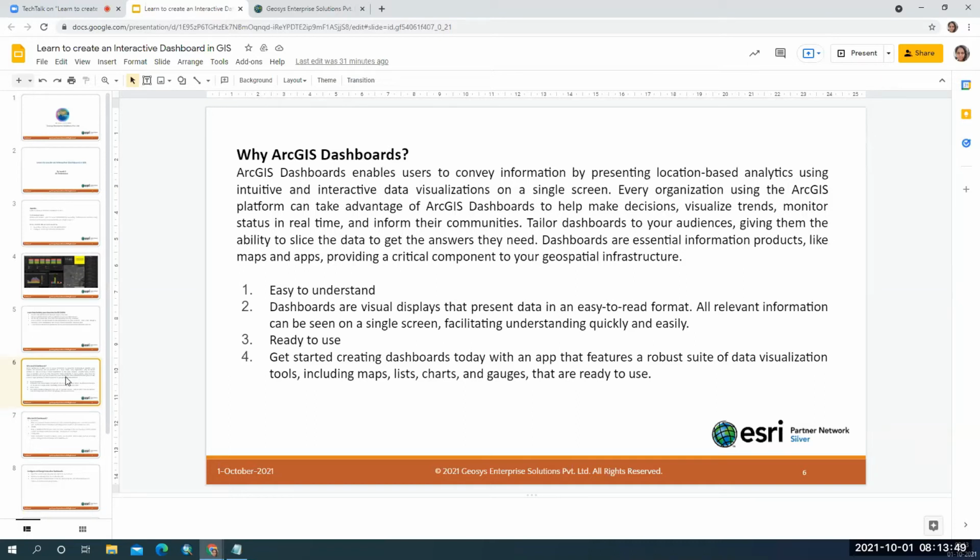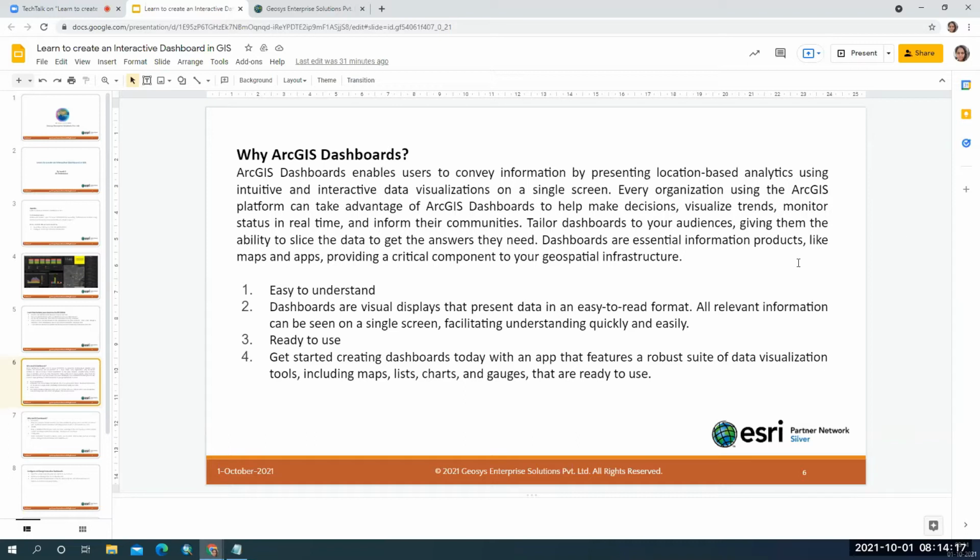And here we are making the dashboards more interactive, more aesthetic, which means you can see the data at once, you can feel the data, like you can understand what the data is on a single screen. And that helps not only a citizen who is using the dashboard, but it also enables a decision maker, because it gives them the power to make a decision based on the screen they have.